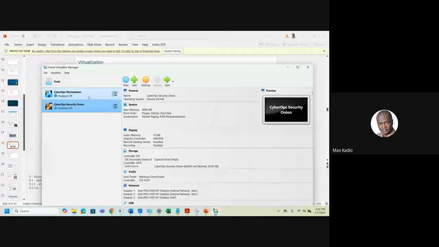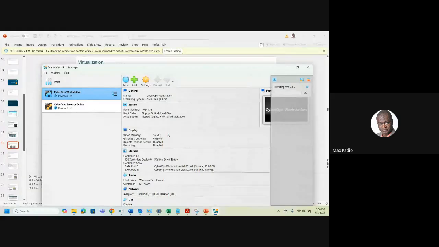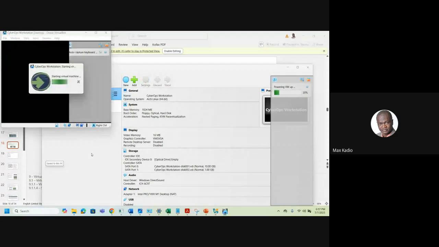We have many types. This one, Oracle VM VirtualBox Manager, is a hypervisor. And you can see that I can create a PC here, and I did install a workstation on it. Let me check if I can still open it. I did it a while ago. So instead of buying many laptops, you have only one laptop, you install your hypervisor, and here you can create as many PCs as you want. And you can work the same way as if you had a physical PC.